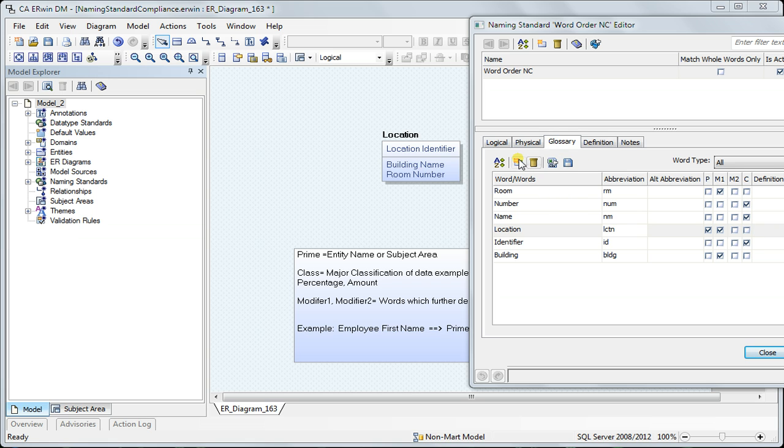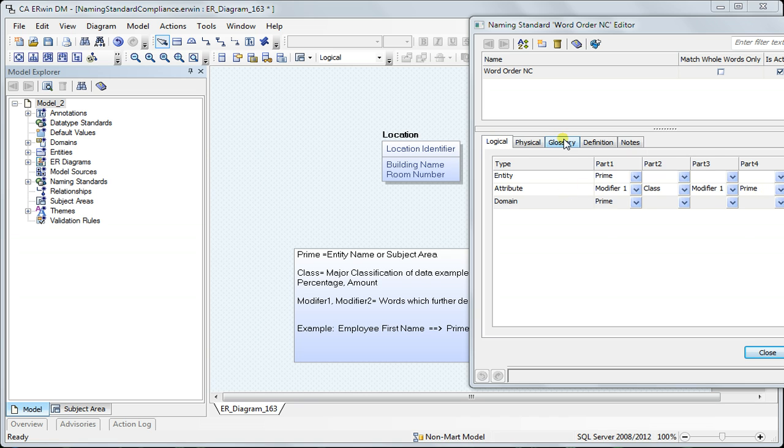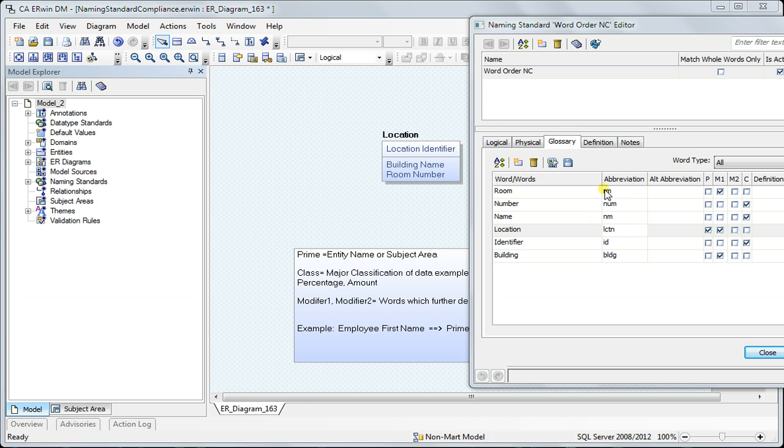So if you are enforcing the word order and position, you have to make sure that you spend a lot of time on this glossary here and choosing which words can be used in,